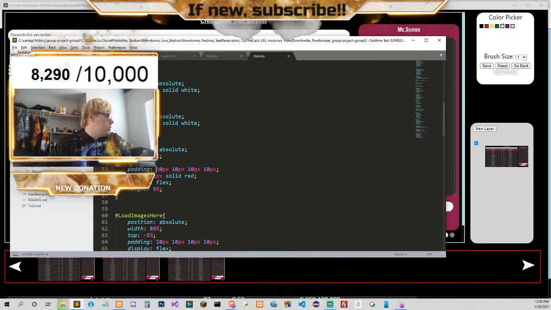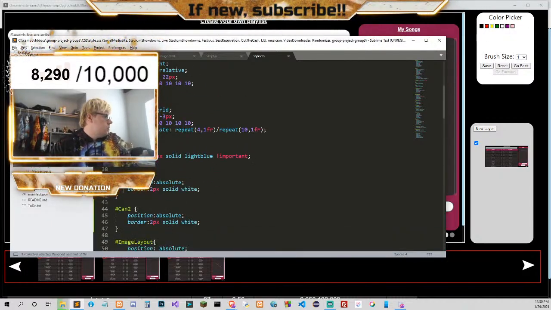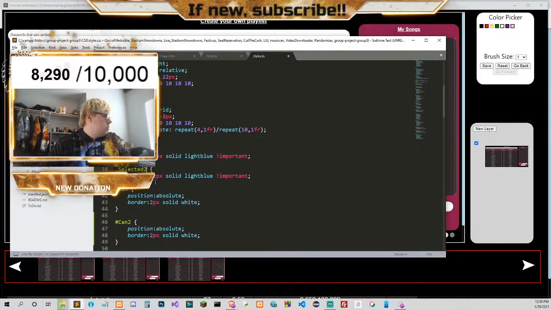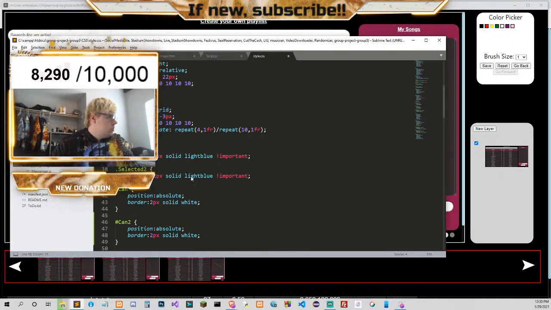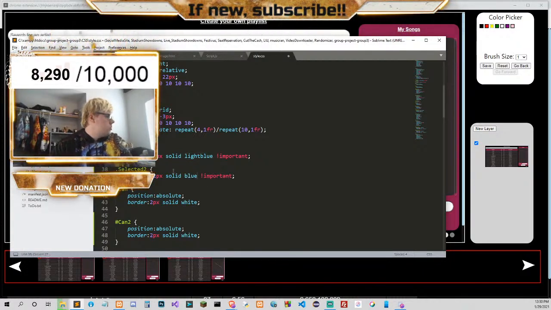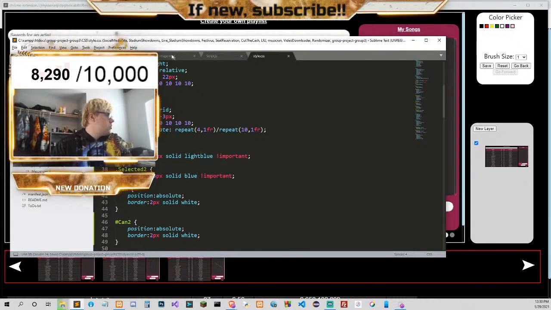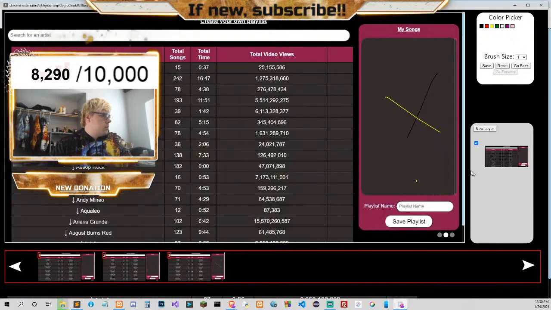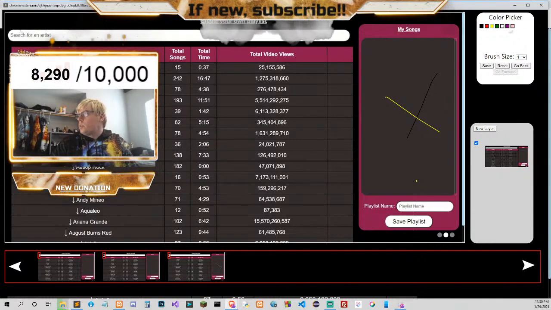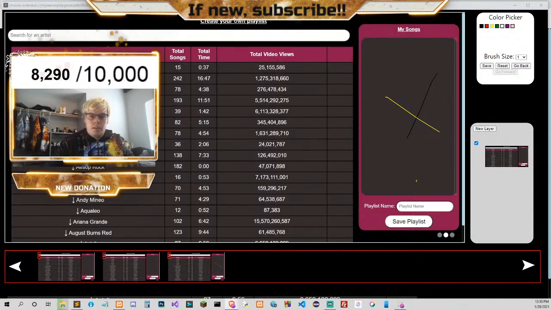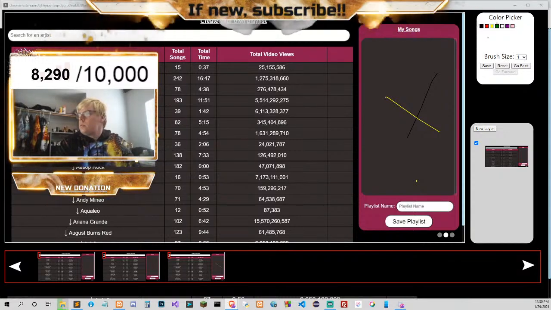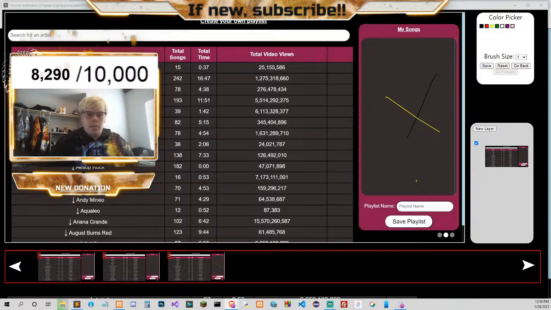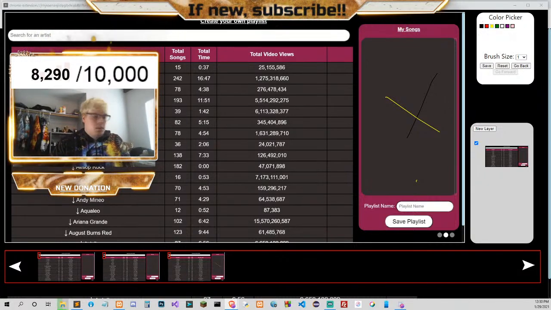I don't know what it is, but let me try. The checkbox, I don't know why it doesn't do a vertical align. It's to the center. But yeah.